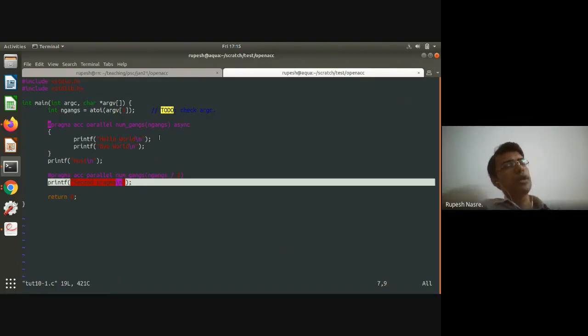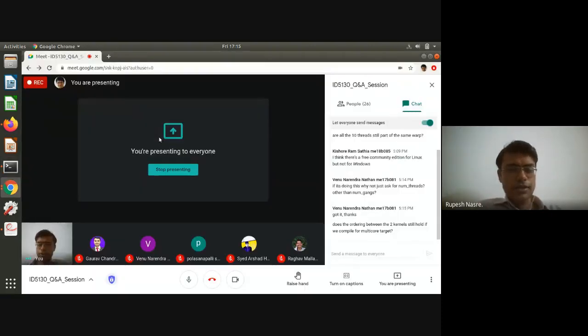Okay, so I'm going to recall what we had in the case of OpenMP, where whenever we had async, is there a possibility that the faster thread will start executing the other one? I think that didn't happen, right? If I recall correctly, you had this question during the OpenMP days also. I think that it doesn't happen that the faster thread goes ahead. I think they still wait for each other at the start of the next pragma. So in that case, I would believe that it will not print it still, even on the multi-core.